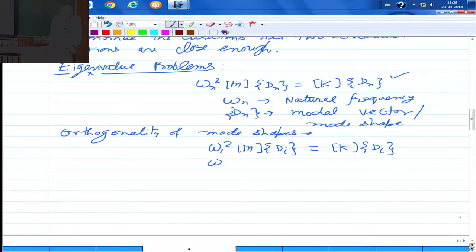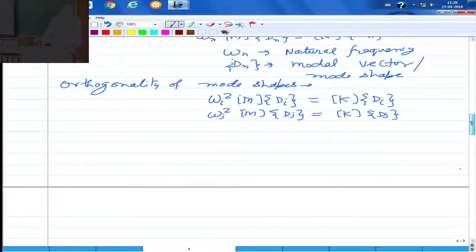Similarly, if you consider another mode, say the jth mode, the corresponding eigenvalue is omega j. So the governing equation would be omega j squared m into dj is equal to k into dj. Now we want to prove here that di and dj are orthogonal to each other, again with respect to k and m. How we can show that is: